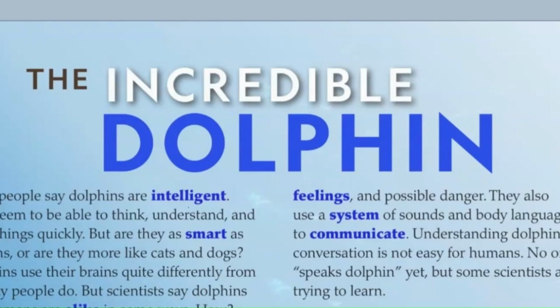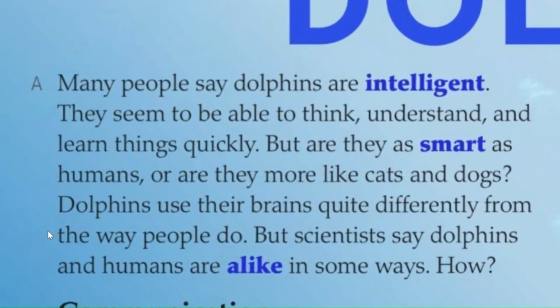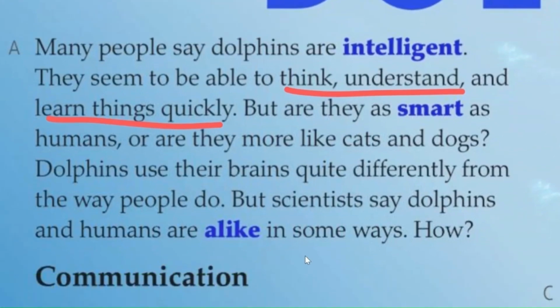The Incredible Dolphin. Many people say dolphins are intelligent. They seem to be able to think, understand, and learn things quickly. But are they as smart as humans, or are they more like cats and dogs? Dolphins use their brains quite differently from the way people do, but scientists say dolphins and humans are alike in